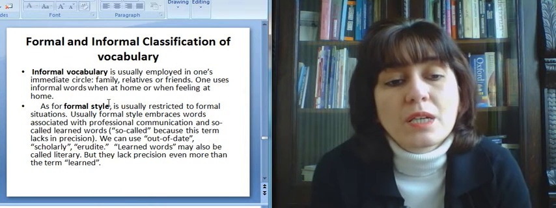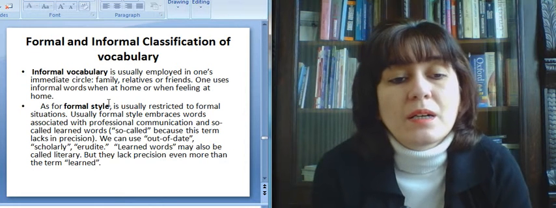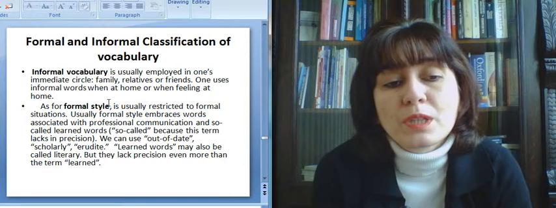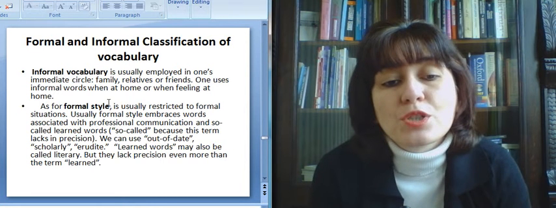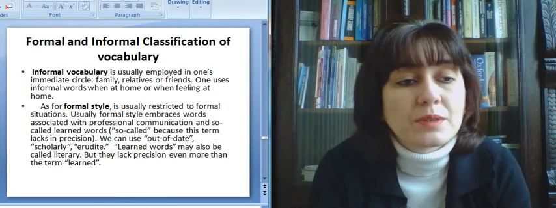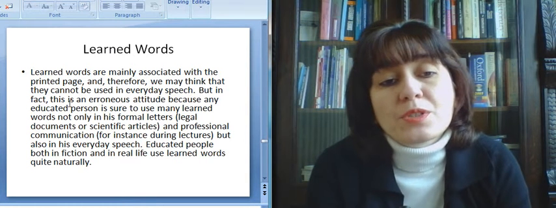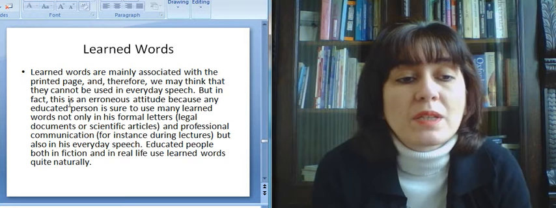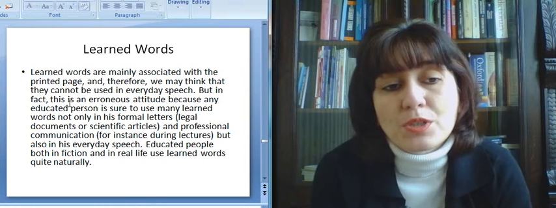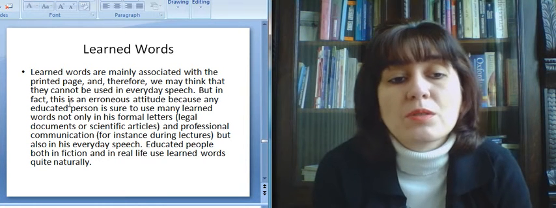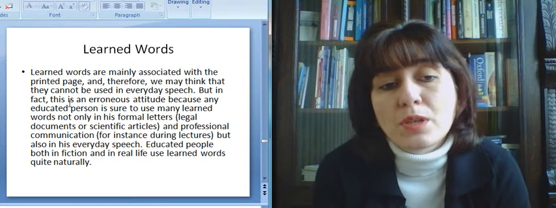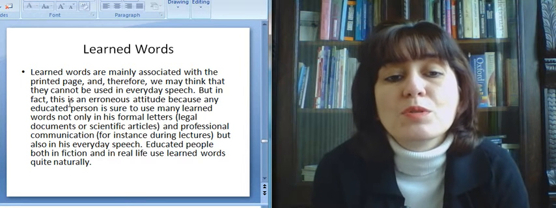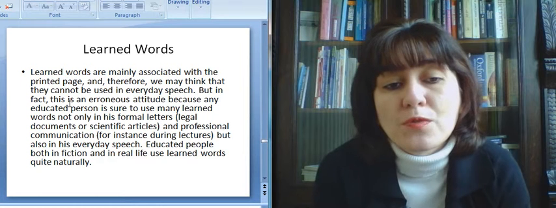So-called because this term lacks precision. So we can use out-of-date, scholarly, erudite. Learned words may also be called literary, but they lack precision even more than the term learned. Learned words are merely associated with a printed page, and therefore we may think that they cannot be used in everyday speech. But in fact, this is an erroneous attitude, because any educated person is sure to use many learned